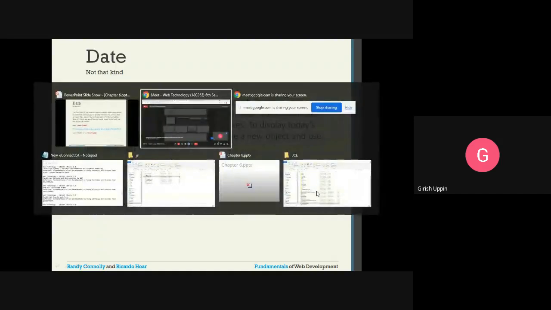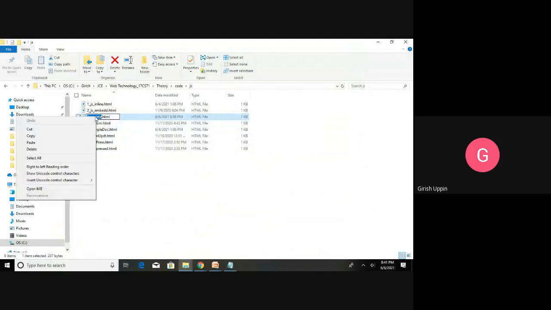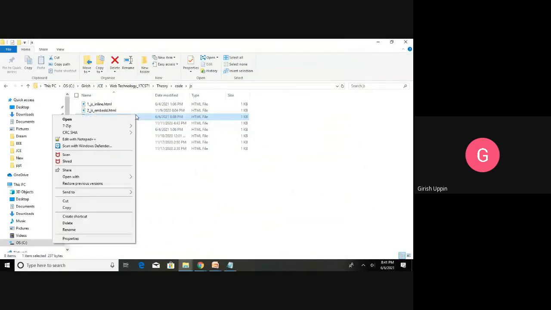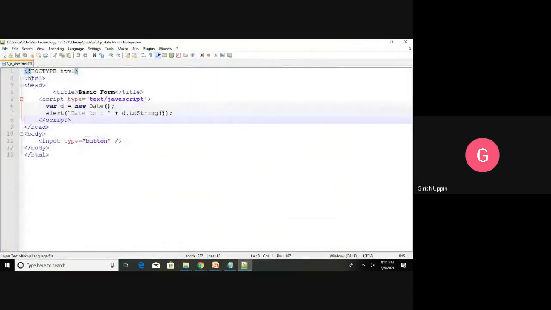I have a code for that. We can take a look at that code. So this is the JavaScript. This is the HTML document and head section, and already you know JavaScript can be included inline with the HTML elements, or it can be embedded inside the head section inside the script.